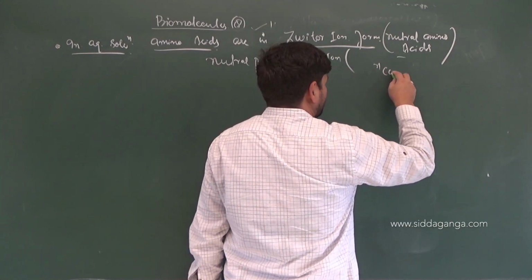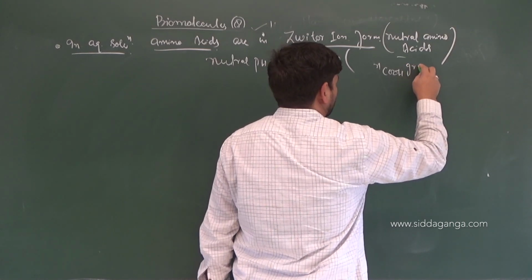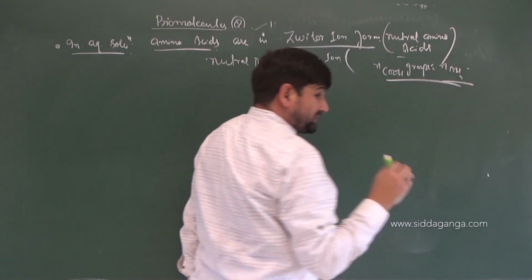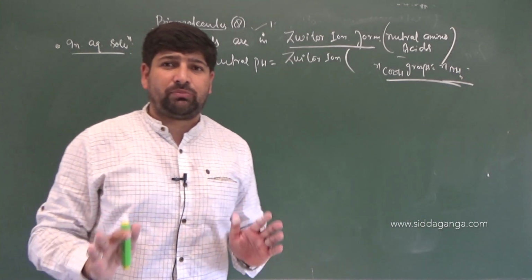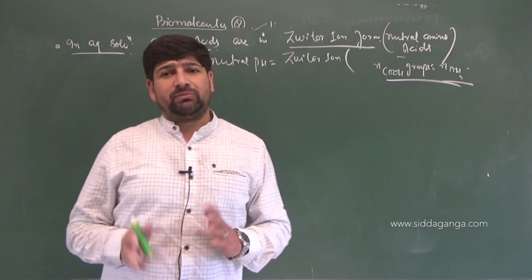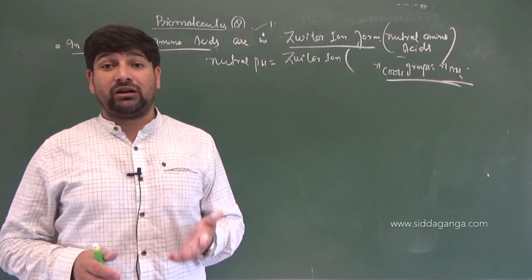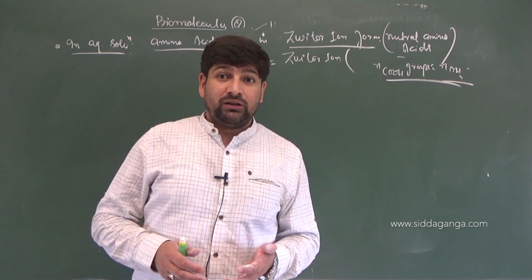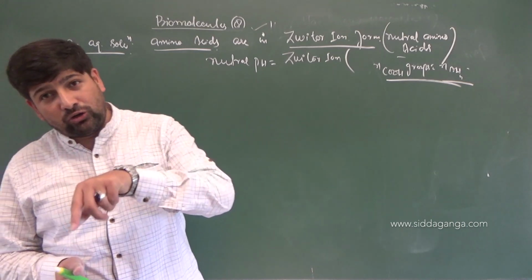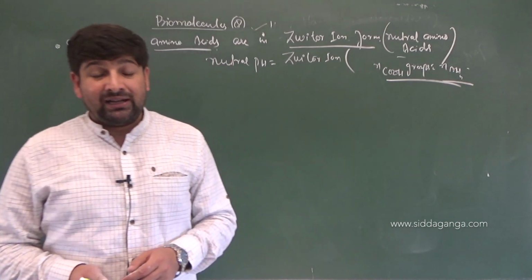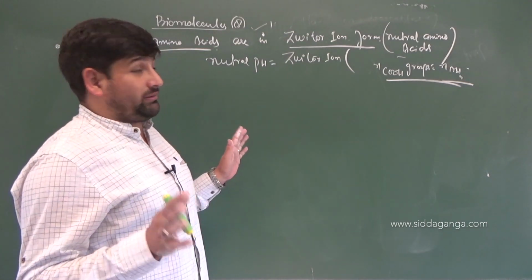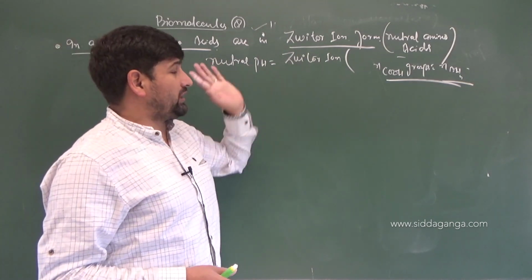What does neutral amino acid mean? One in which the number of COOH groups equals the number of NH2 groups. So the side chain R is a simple side chain which is made up of alkyl groups, alkene and alcohol groups, or some other groups except NH2 and COOH. Like glutamic acid, because in glutamic acid we have a side chain R which has COOH as one of the substituents, right? And in the case of glutamine we have NH2 itself, right? So we are not talking about those amino acids. Keep it in mind and understand it well. We are talking about neutral amino acids.